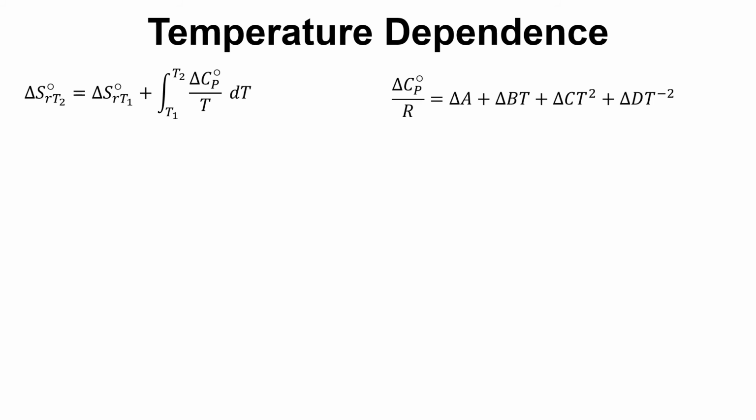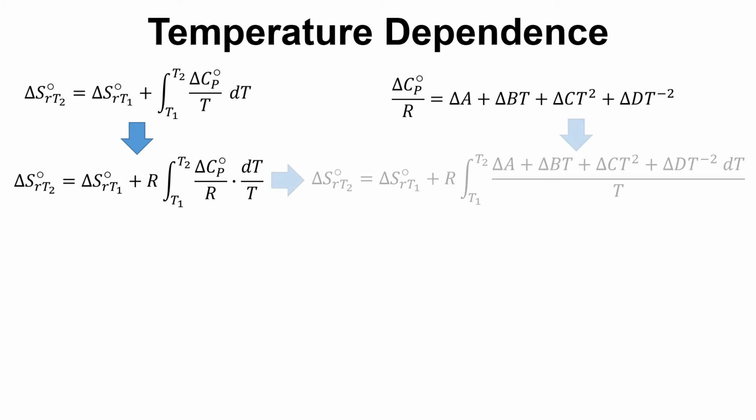Okay, so in terms of going back to temperature change then, we've got an equation that we can use here. We've got the equation for the heat capacity, for the change in heat capacity. So if we just modify this slightly, because we're dealing with change in heat capacity divided by R, we can actually change the temperature dependence equation for entropy of reaction and put in delta Cp over R within the integral, and then just put the value of R outside of that, so that if we wanted to, those R's would cancel and we could get back to the original equation. Now we're in a position to combine these two equations,